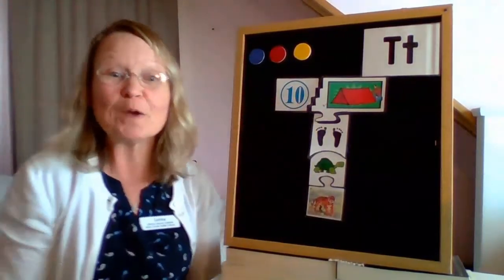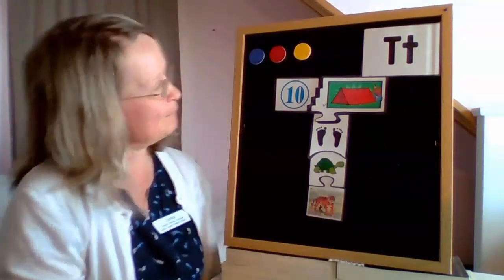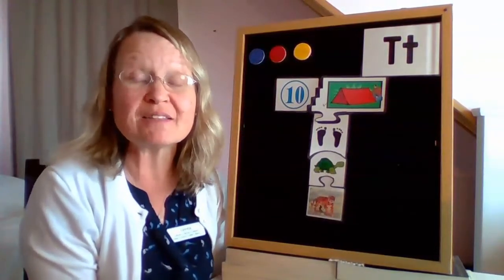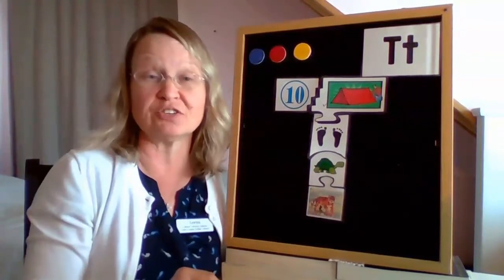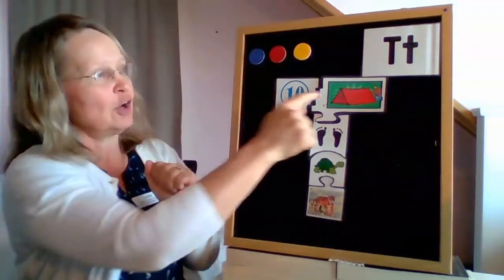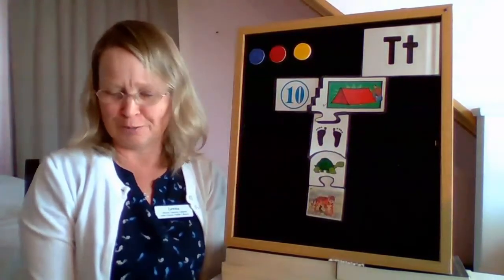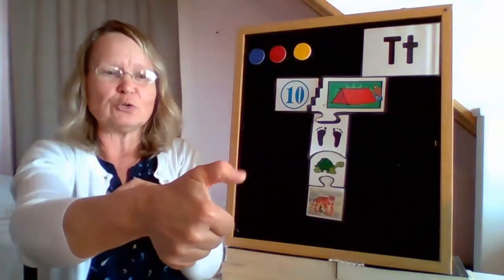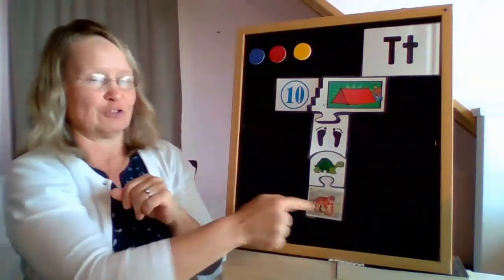And there it is. We made letter T. Is that an uppercase or a lowercase t? It's an uppercase T. Now, before we sing the song, let's do some motions to go along with each of these words. For 10, let's wiggle our 10 fingers. For tent, pretend to be in a tent. For toes, wiggle your toes. For a turtle, make a little turtle. There's the turtle's head, and there's the turtle's shell. And for tiger,